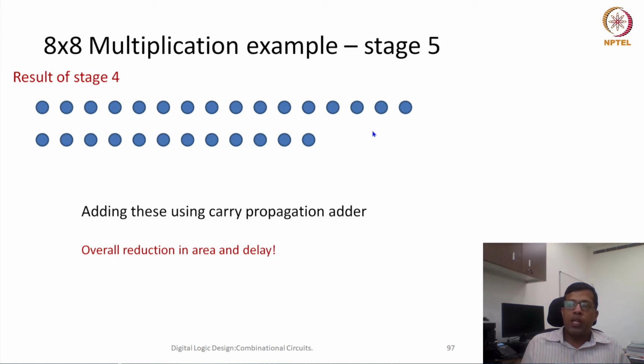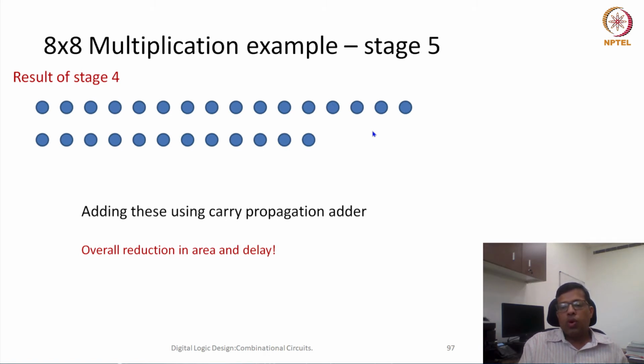So if I have a multiplier which has a multiplicand of size n and a multiplier of size m, the total delay is going to be of the order of n plus m. Correct? So what would be the impact on the number of adders? The number of adders would also reduce substantially, because we are playing smart here. Wherever the number of bits is sufficient, we add; otherwise we do not add. We leave it to the next stages so that we will have a sufficient number of bits which can be combined together.